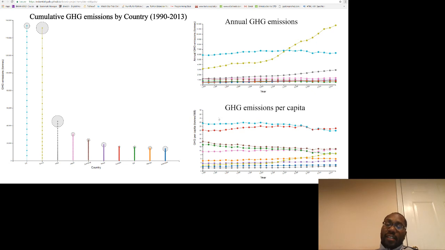We'll also note that when we look at the greenhouse gas emissions per capita, they're really separated into 2 tiers: the United States and Canada, so the North American countries, and the rest of the world. And we'll also note that the countries that are largely developed tend to have higher greenhouse gas emissions per capita. So we see here Germany, and then the UK, Japan, and then we get to the lower tier like Mexico